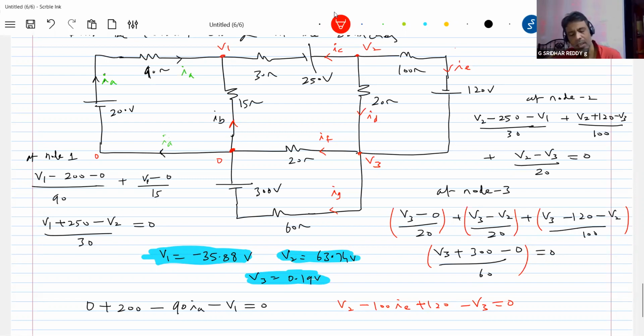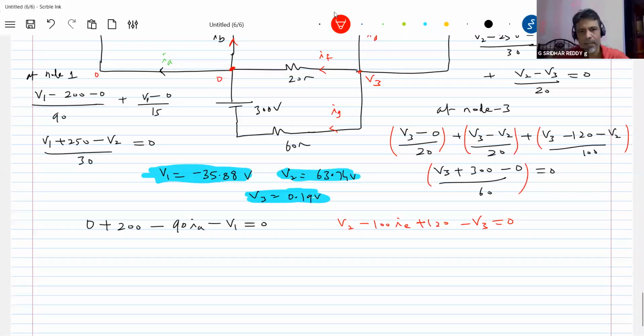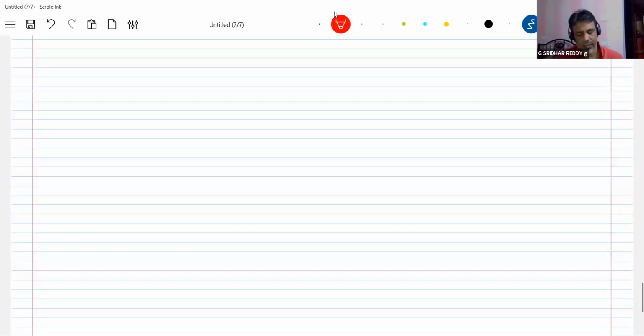So if they give earthing in the problem, what to do? It's good, no? Directly you assume zero potential and move forward. Today I'll give a few more problems on this nodal analysis. For 5 problems I'll give it. Try to work on them. Some 2-3 will be very big, where you have to analyze properly to assume the nodes. Let's go for the next type of questions. This will be very useful in exams when we go for ammeter and voltmeter, where many ammeters and voltmeters are there. So we do take help of this condition.